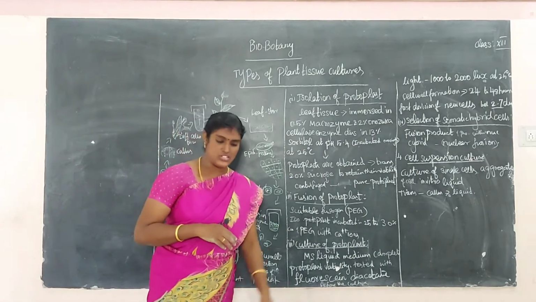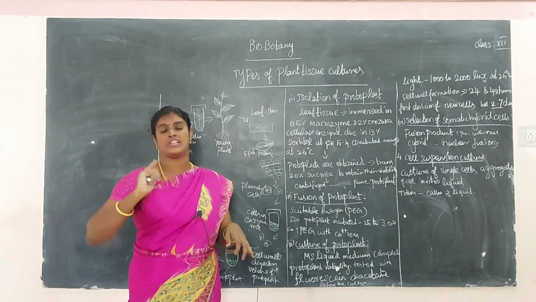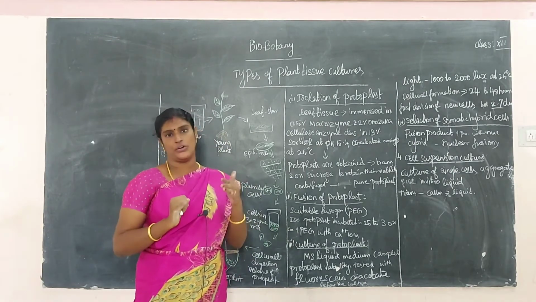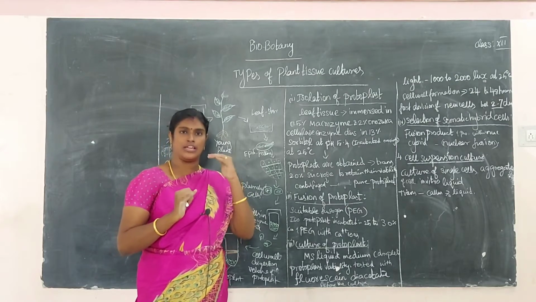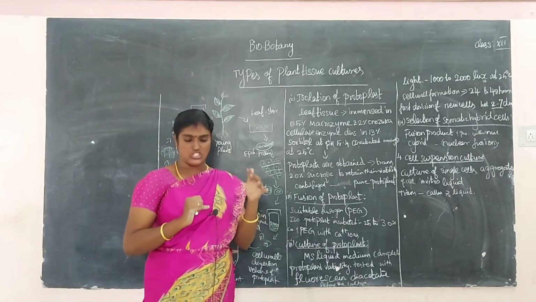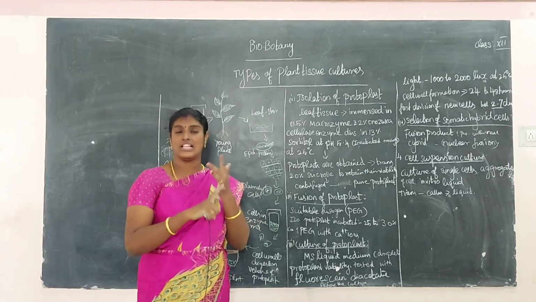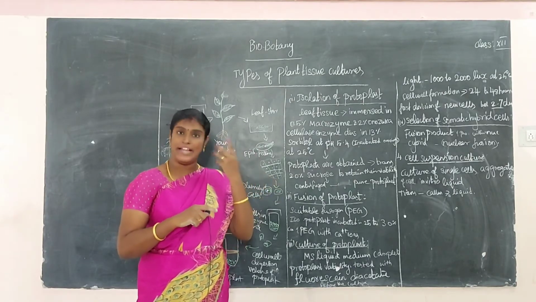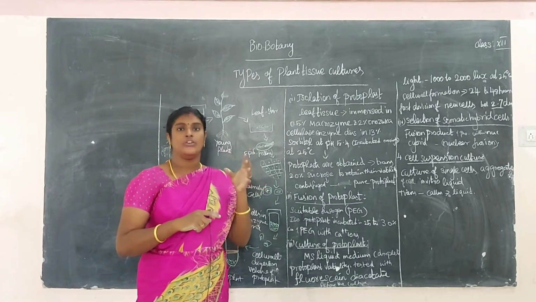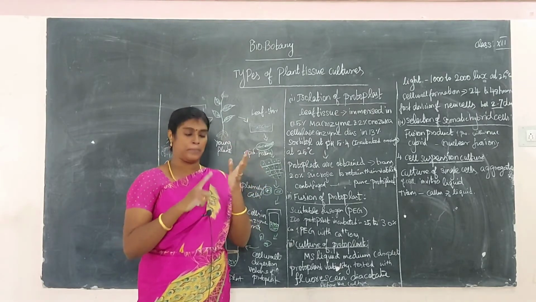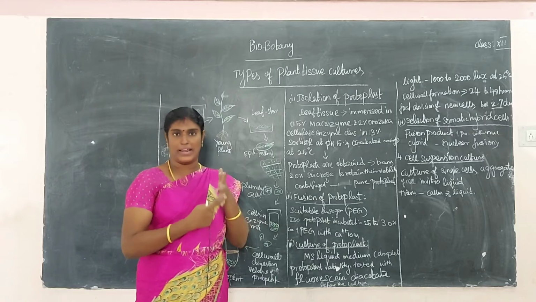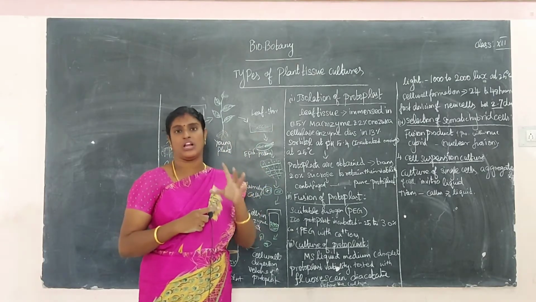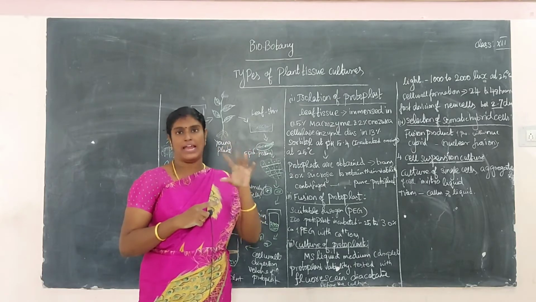First one, sterilization technique. What is the meaning of sterilization? Sterilization means inability to reproduce. You have to keep the laboratory and culture room clean, sterilize the culture room, the explant, and the medium preparation. You should also maintain the pH and temperature, and the cooling rate is also very important for plant tissue culture techniques.